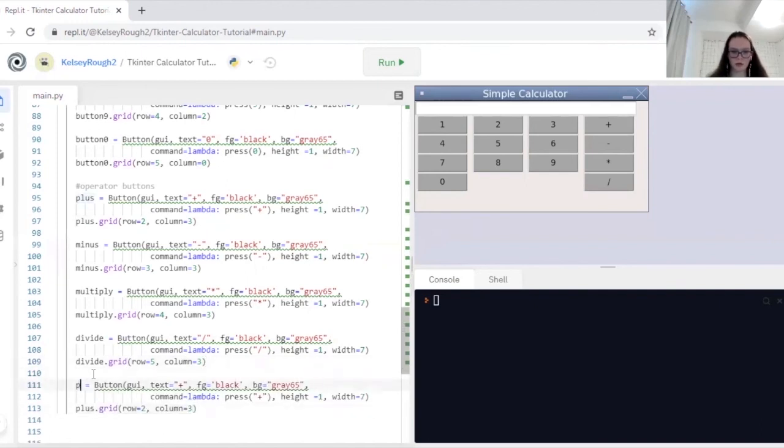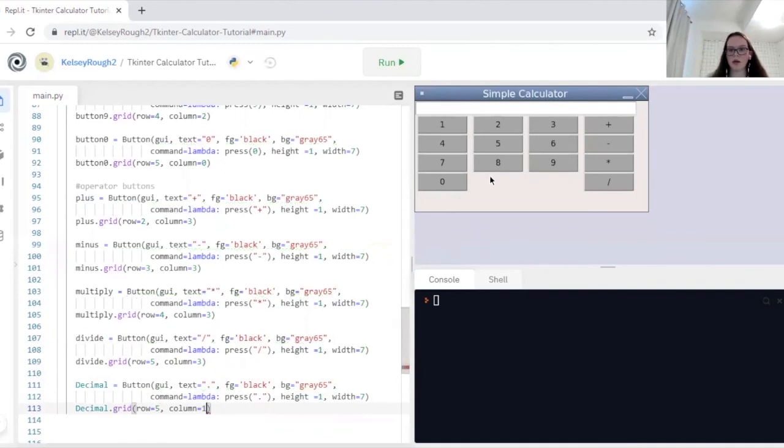So I'm going to do decimal, and then we're just going to add our period in for that. And then we want our decimal to be in row 5 and column 1 because I want it to be directly next to the 0 right in that space. So if we run that, you'll see we have our decimal there, and now we only have 2 more buttons